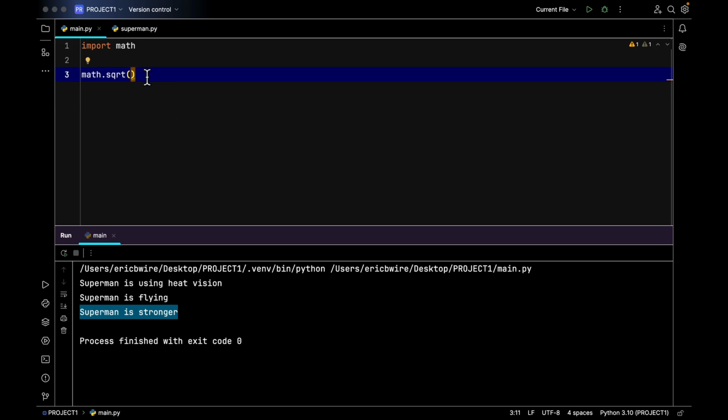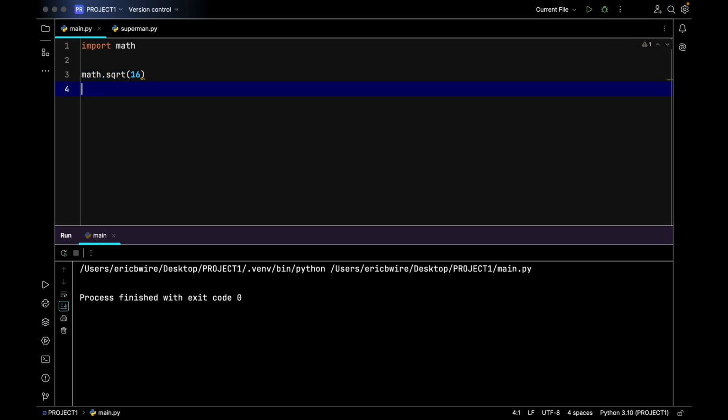We want to find the square root of 16, so after writing math dot square root, inside the brackets we enter the number that we want to find the square root of. Here we are saying, hey Python, we want to use the math module to find the square root of 16. Great. Right now when we run our program,